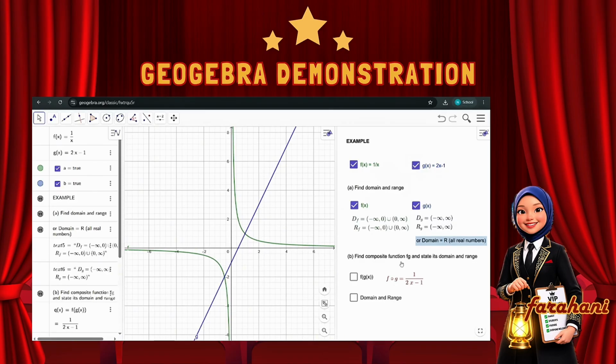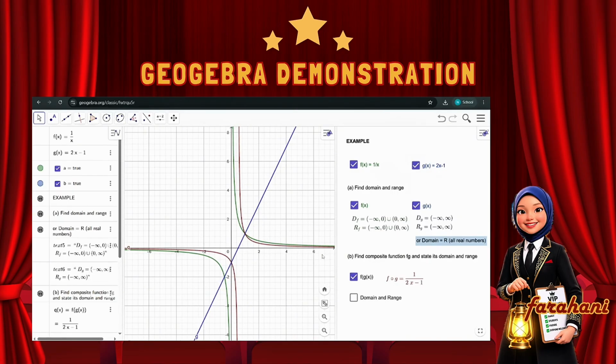For question B, find composite function fg and state its domain and range. Composite function fg is, we need to substitute g(x) into the function f(x), and the answer is 1 over 2x minus 1. So when we click on the checkbox, it displays the red graph, which indicates the graph for the